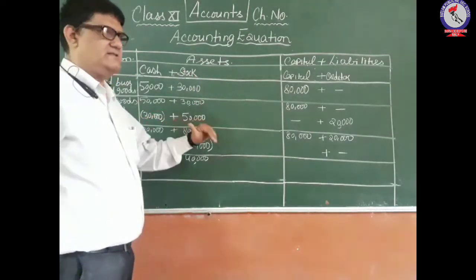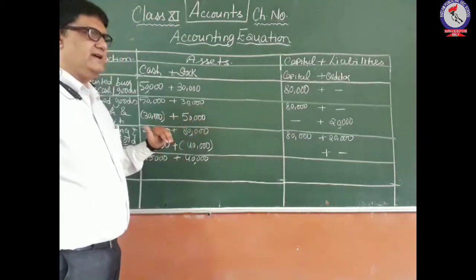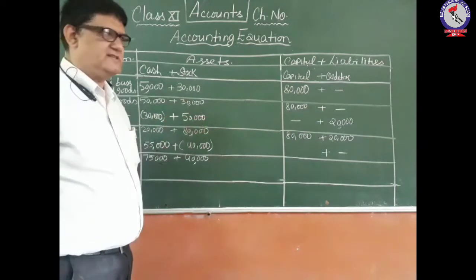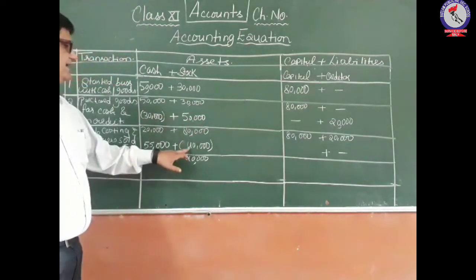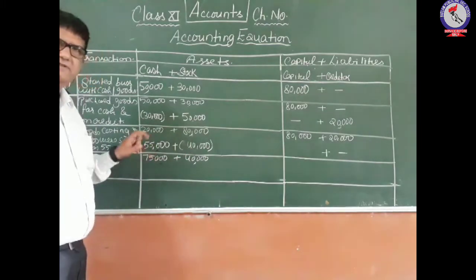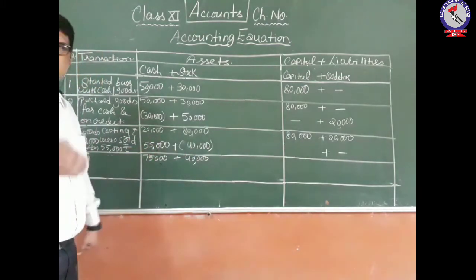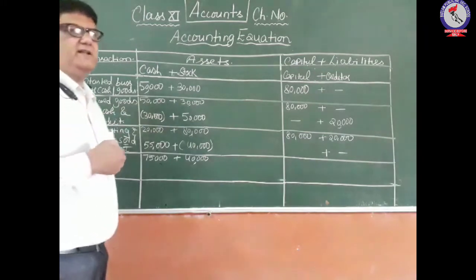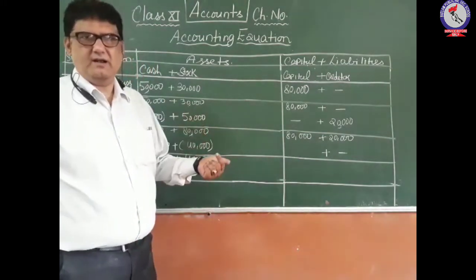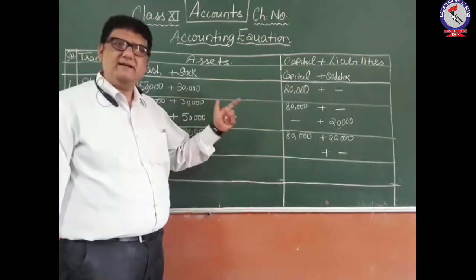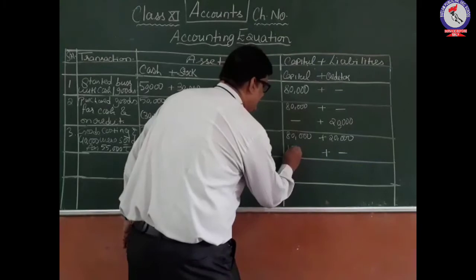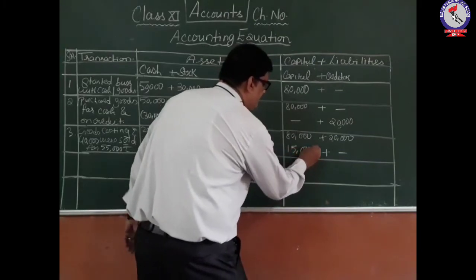So what is the concept that is followed here? That means there is one more account which is showing the effect of this thing, because we are saying that goods worth rupees 40,000 were sold for 55,000. So that means we have earned the income of 15,000 on these goods. So that is the profit which we have earned, and the profit will increase your capital. So there will be an increase in capital, rupees 15,000.